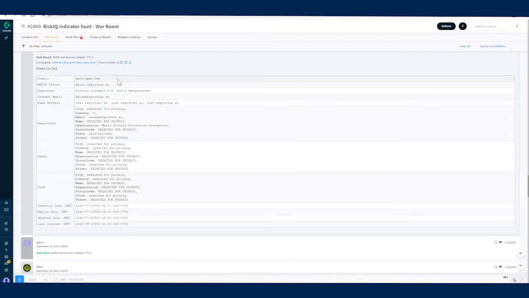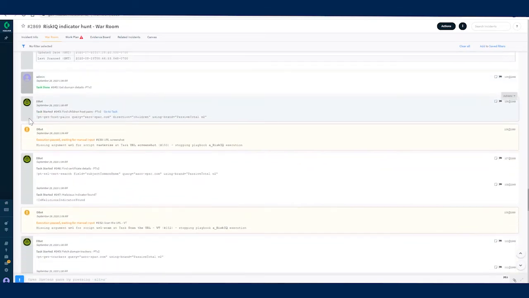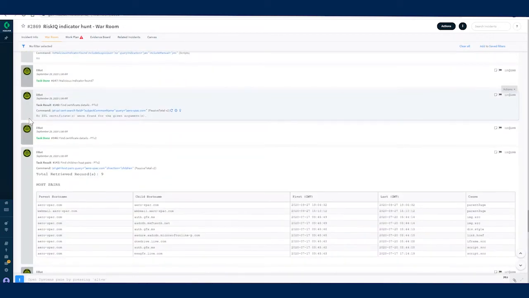Here we can see the details about the domain. For example, we see the domain name. In this case, most of the information is held private, but we can see the name servers and we can see when this domain was created. This was created very recently, so that is suspicious. Using the details, for example, if there is an email address or if there is a name server defined, we can again go back to PassiveTotal and look for other domains which were hosted by the same or registered by the same person.